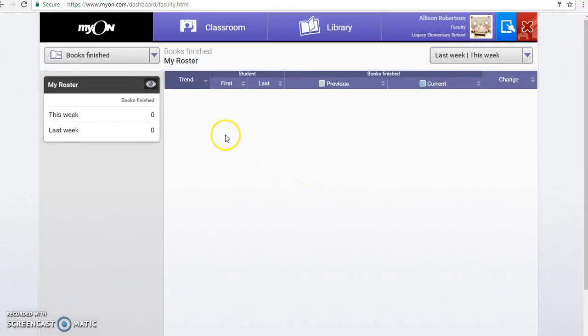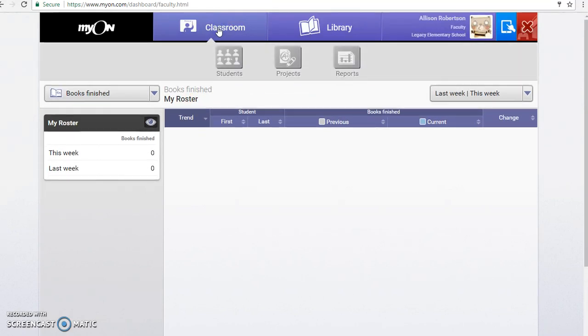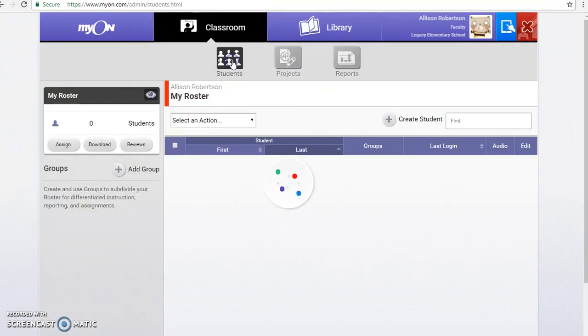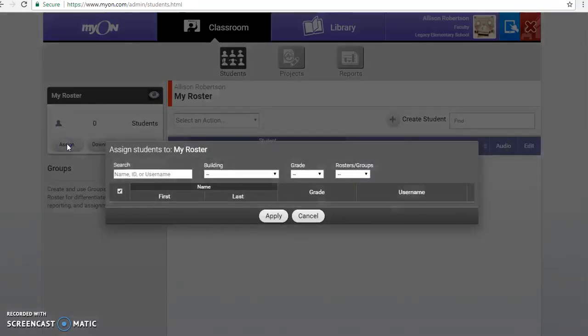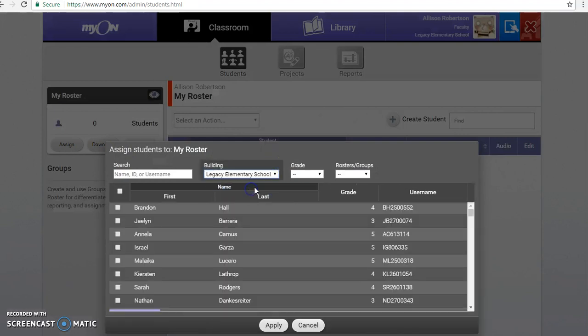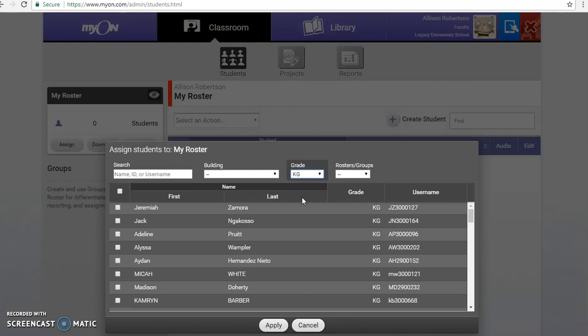Once you're in, you probably haven't already created your roster, but if you have, it will show up here. So I'm going to show you how you can create a roster. You're going to go to Classroom and Students and Assign. And then you want to click on Building Legacy Elementary, pick your grade, say kindergarten, and then you're going to